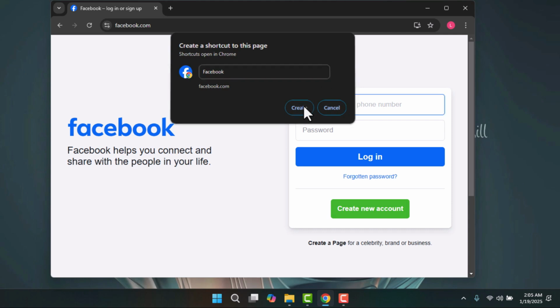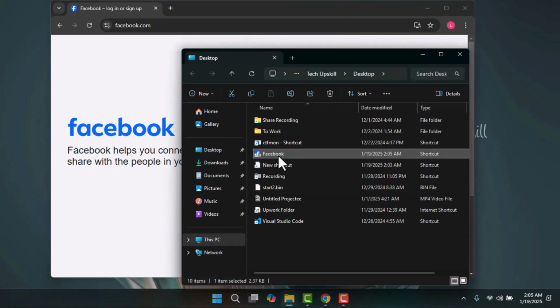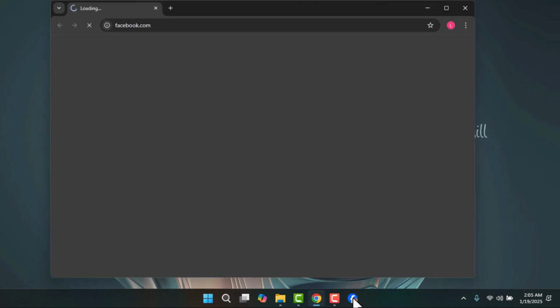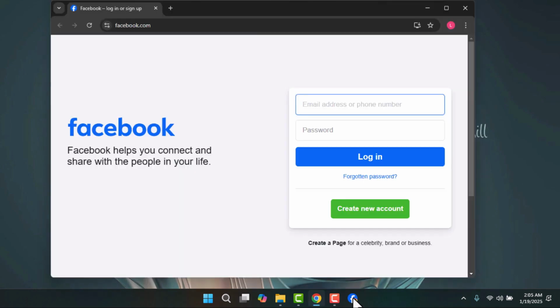Now, minimize the browser, and you'll notice the Facebook icon appears on your desktop. To pin it to your taskbar, simply drag the icon and drop it onto the taskbar. You'll see space open up for it, and once you let go, Facebook is now pinned to your taskbar for